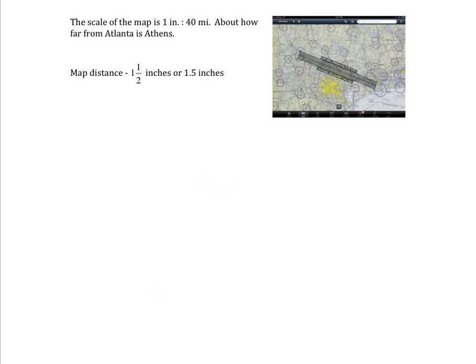So I can use this scale to solve for the actual distance or actual measurement. Let's take this example here. The scale of the map is 1 inch is to 40 miles. About how far from Atlanta is Athens? In map distance, it measures 1.5 inches. The nice thing about scale is that it always gives you one of the ratios for the proportion. So I have 1 inch